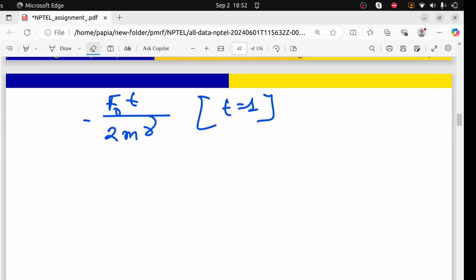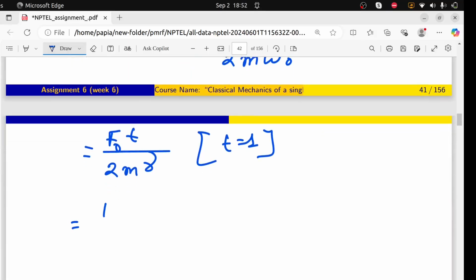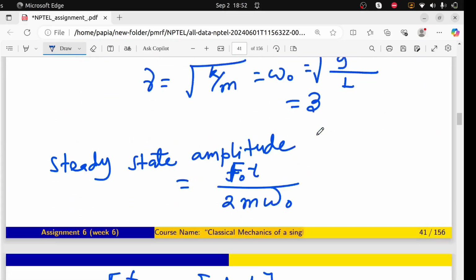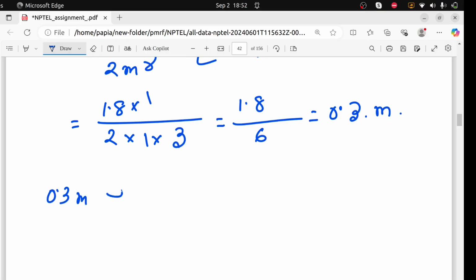Sorry, f0 is what? f0 is 1.8. Divided by 2 into 1 into gamma. Gamma is what? Gamma is 3. So you can see it is 1.8 divided by 6, 0.3 meter. So 0.3 meter is the amplitude